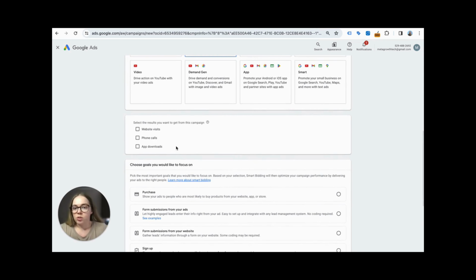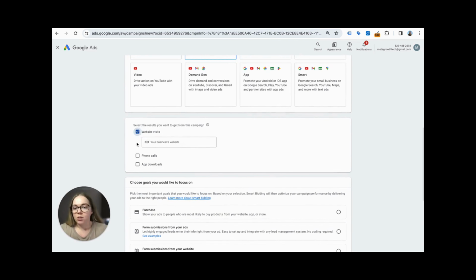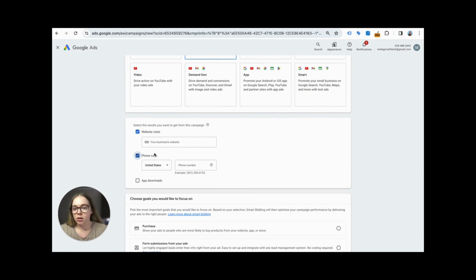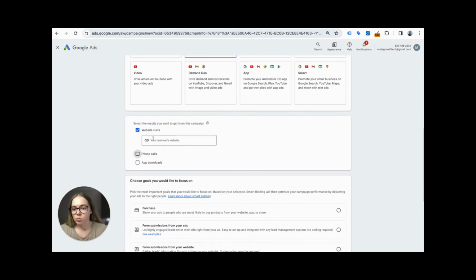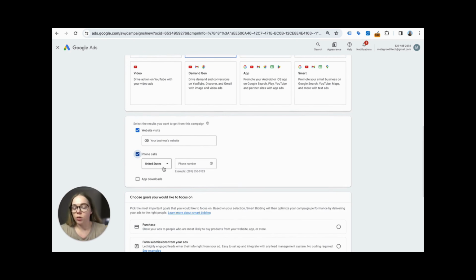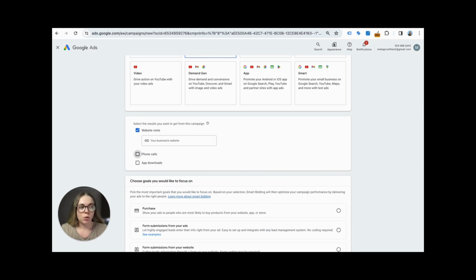And with the results that you want to get from this campaign, website visits, you can do phone calls as well. But I'm going to go with just website visits for the moment. I'm not going to go with phone calls because that is something that you'll set up later on in conversion tracking, which is a whole other topic. We are going to be doing some videos on setting up call tracking for phone call conversions. So for now, I'm just going to select website visits, and in that I'm going to input my website URL,